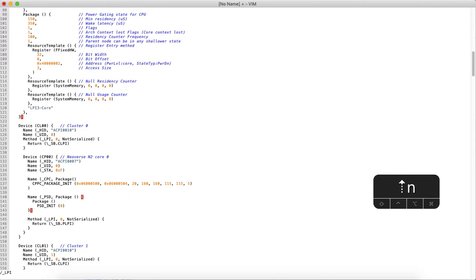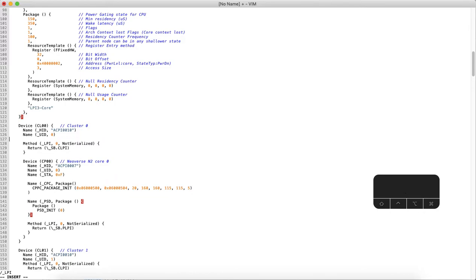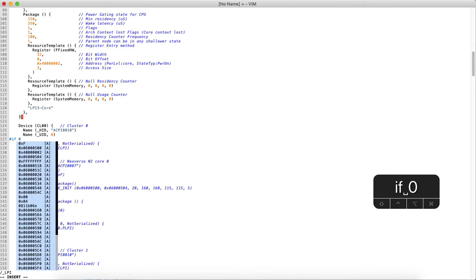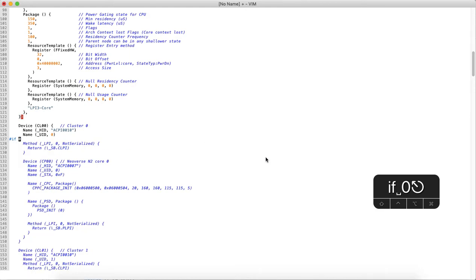Press capital O. So that's going to put me in the insert mode, one line above. So I'm in the insert mode now. So I'm just going to say #if 0. So that's going to disable the entire block of the code, and come back to normal mode by pressing escape. Scroll 3 lines down and then press o again.